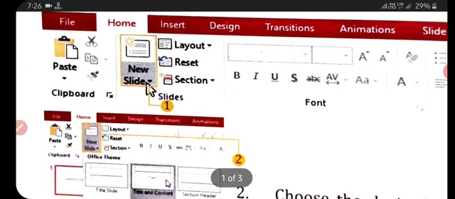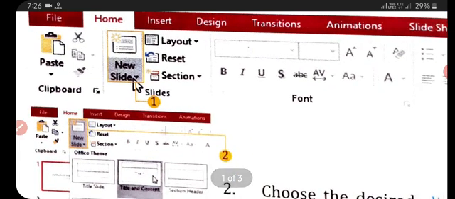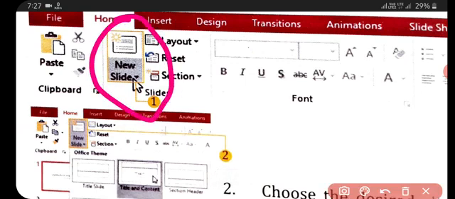Students, for inserting a new slide, we simply go to the Home tab. Here you see the New Slide command. Click the bottom half of the New Slide command, and then choose the desired slide layout from the menu that appears, and the new slide will appear.